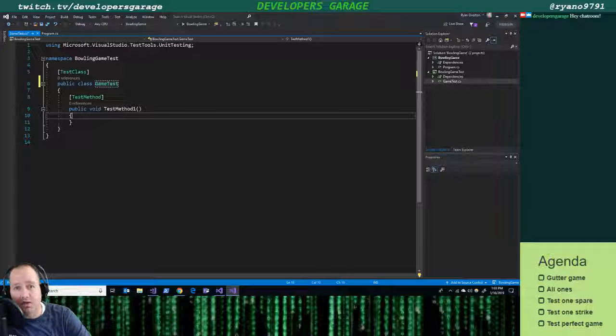If you get all 10 pins down in one roll, it's called a strike. Hopefully you know what bowling is. You don't have to have bowled before, just have to understand the concepts. So, we're going to call this the